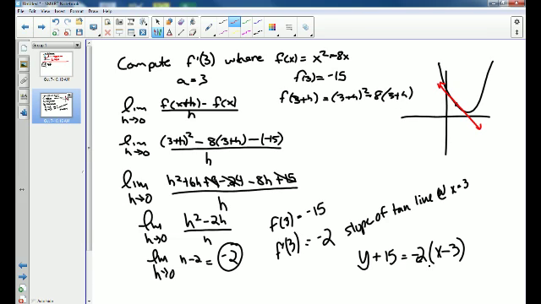f of 3 is negative 15, and my graph is a little off. And the slope is negative 2, right? So I'm using that information to use point-slope form. So y minus y1 equals